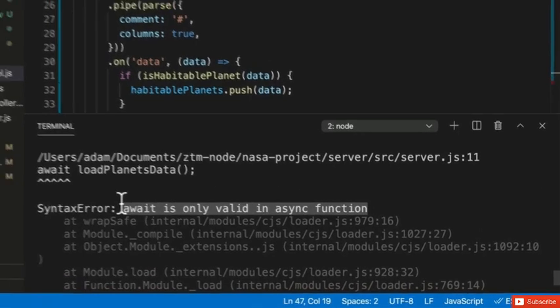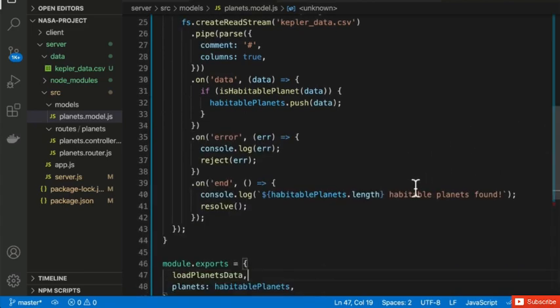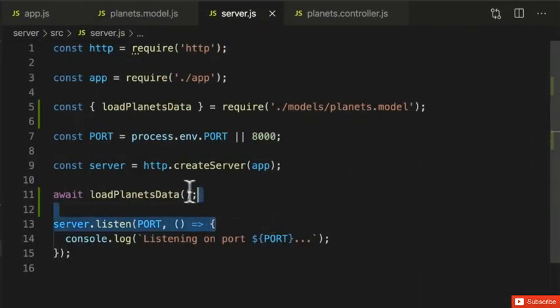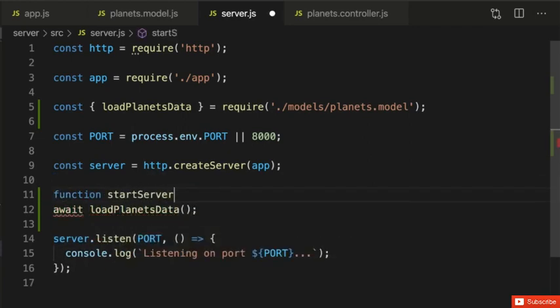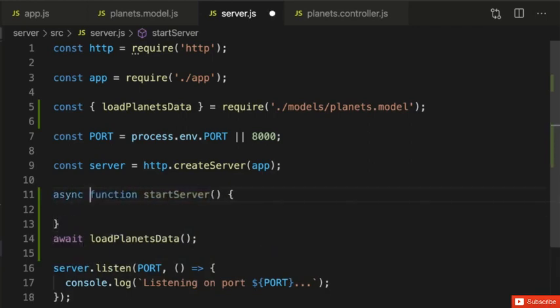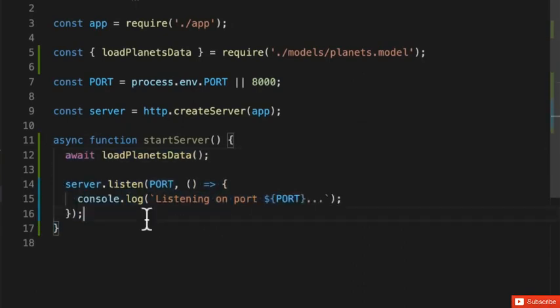One of the limitations of using CommonJS modules and our require function as opposed to the import syntax and ECMAScript modules is that we can't call await at the top level of a file. It needs to be inside of an async function. Luckily, there's an easy way to solve this. We'll create a function, say start server, which is async, and which loads the planet's data, and then starts listening